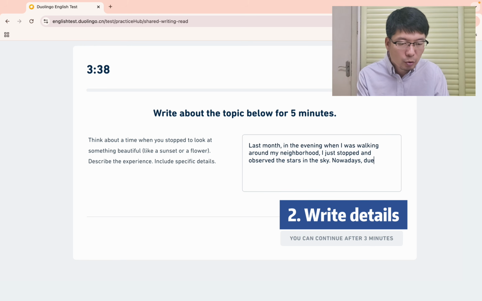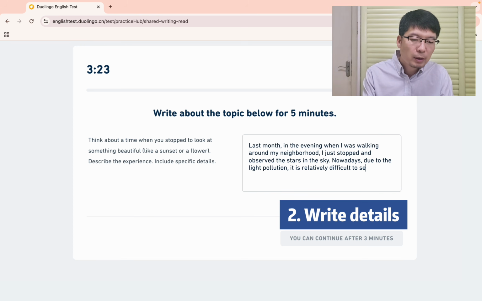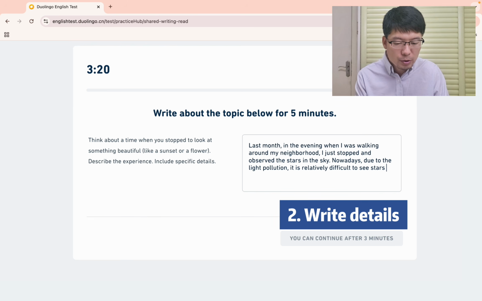Okay, so nowadays, due to the light pollution, it is relatively difficult to see stars clearly. The sky is usually not clear, but that day, on that day,